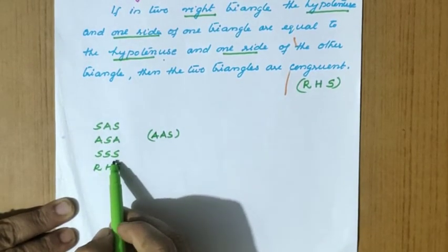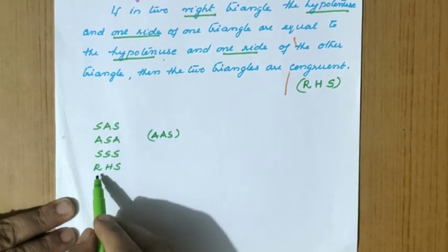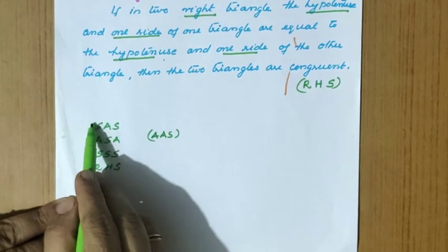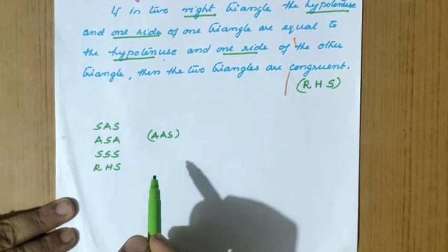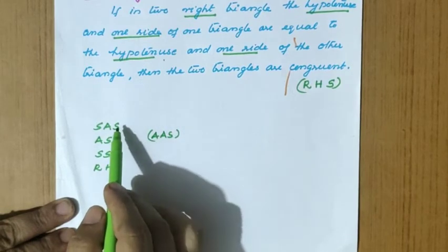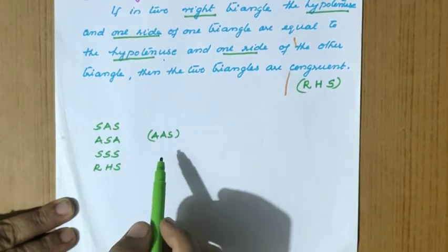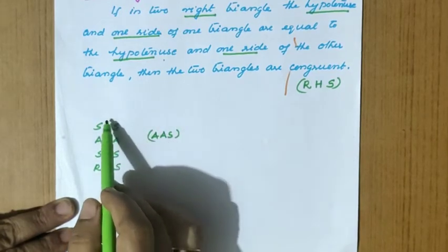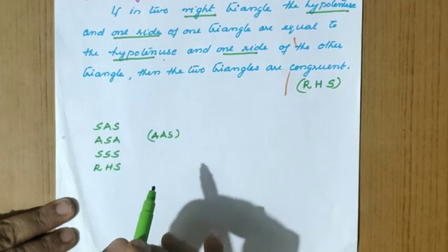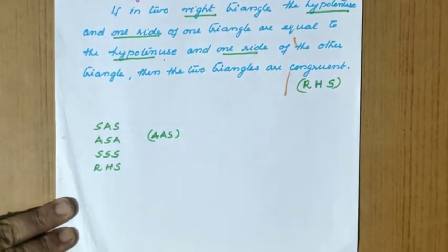Now what is the new one? The third one is the SSS, triple S criterion. Now the fourth one is the RHS criterion. All this you have studied in the 7th class, and again we are learning it this year. By geometrical proof it is actually required, but because of the present situation the ASA theorem proof is deleted, and for SSS and RHS there is no proof for you. So no proof, you have to study all the four criteria. You have to learn the statements thoroughly.